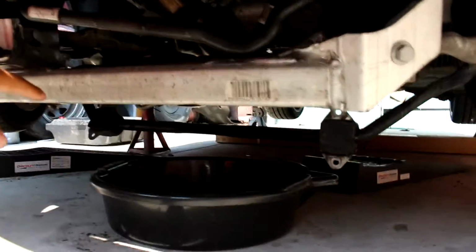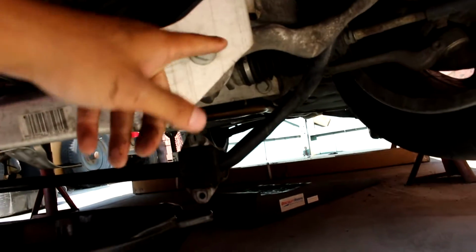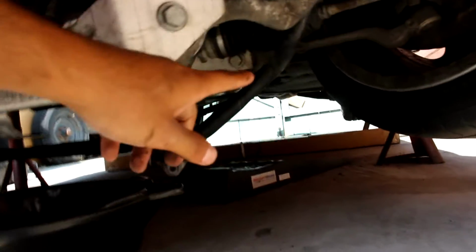Now if you wanted to remove it, you would basically have to remove these sway arms and tie rods and stuff like that off of the subframe. So once you do that, once you drop the subframe or leave it hanging like I am, you're gonna need